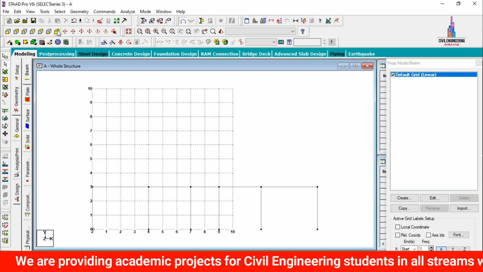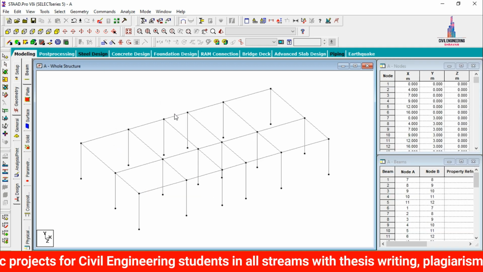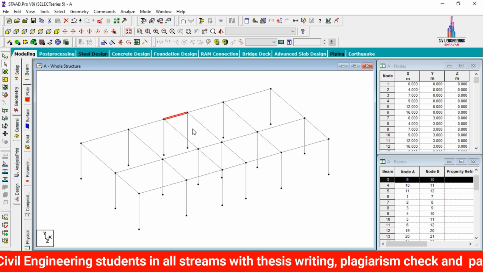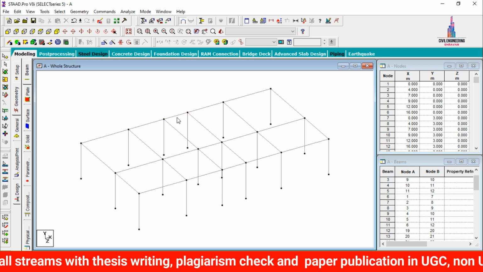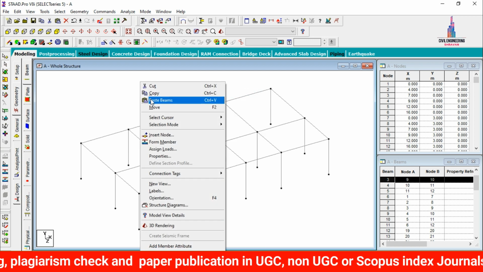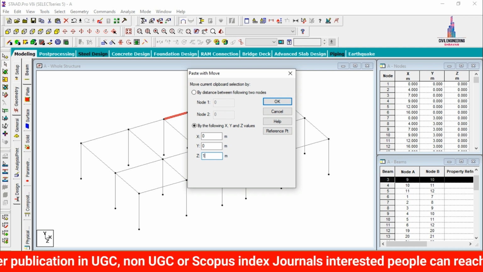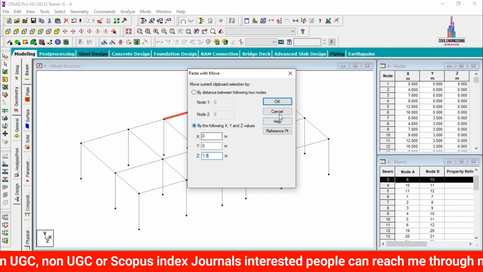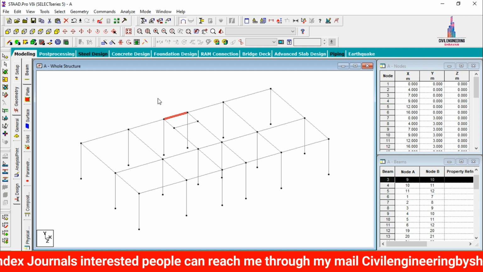Now we have to click on 3D modeling, click on hide snap node grid. After that we have to copy this beam section to a certain distance for the staircase purpose. Here I am selecting this beam. Click on the copy option. Click on paste beams in the Z direction coordinate system. Let us consider the distance as 1.5 meters. Click on OK. Now you can see the beam was copied to this distance here.